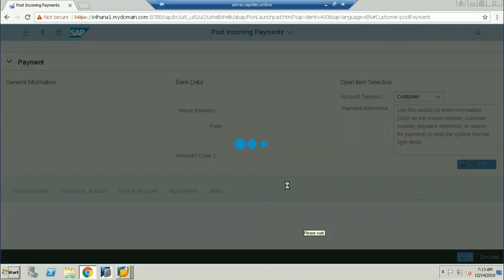Now you have to do the postings from here. So do the transactions from here and check whether your configuration is as per your business process or not. So I will give the access to the Fiori to the consultant. They will post all the transactions from here from today onwards.